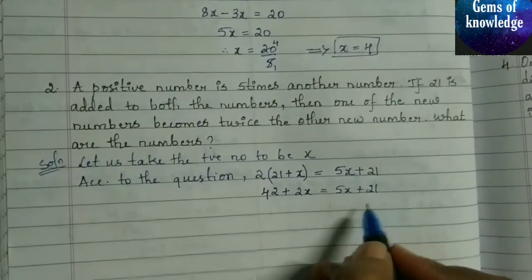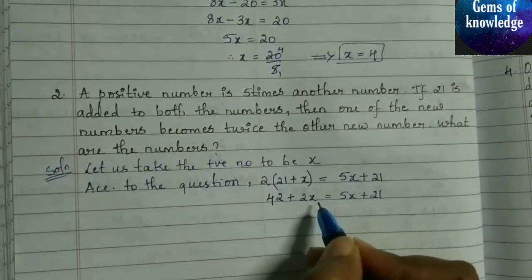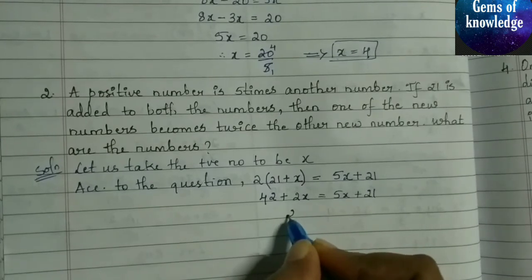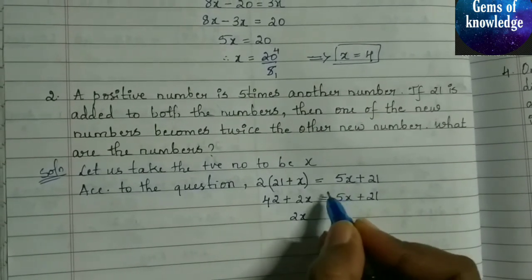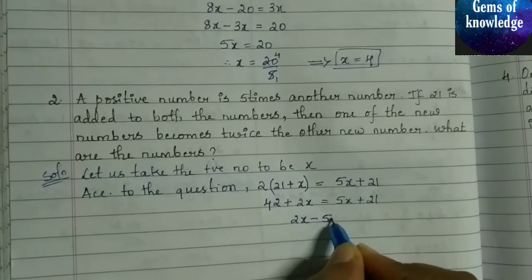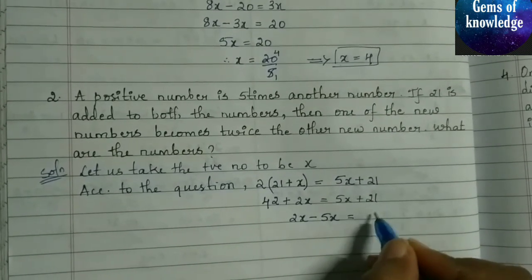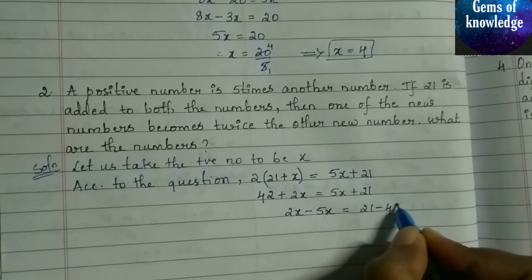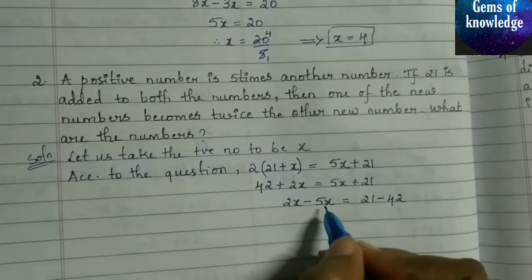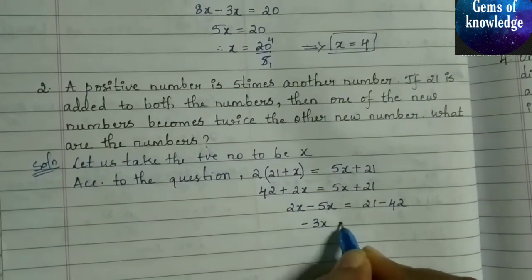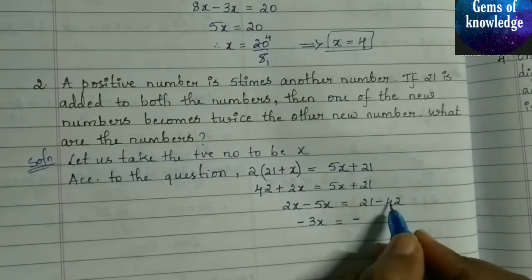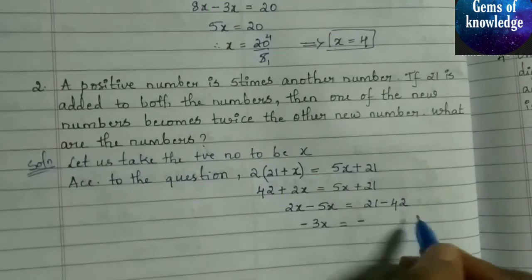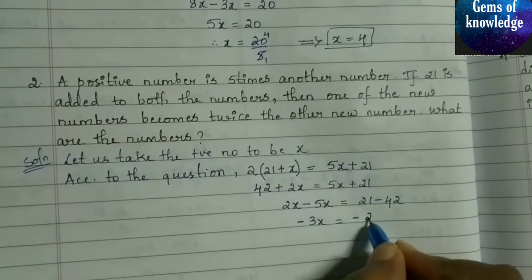Okay, so now what we have to do is we will bring this 5x to this side and we will take this 42 to this side. Okay, so here we will get 2x. Okay, when we bring this to this side, we will get minus 5x, which is equals to 21 will be as it is here. We will bring this 42 to this side. So it will become minus 42. Okay, so 2x minus 5x will become minus 3x, which is equals to, here also we will get minus, as this number is bigger and the bigger number is having minus sign, we will get minus 42 minus 21 is nothing but 21.